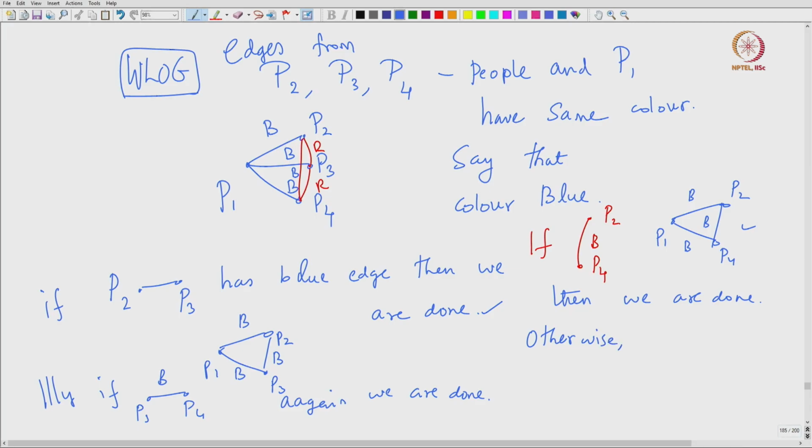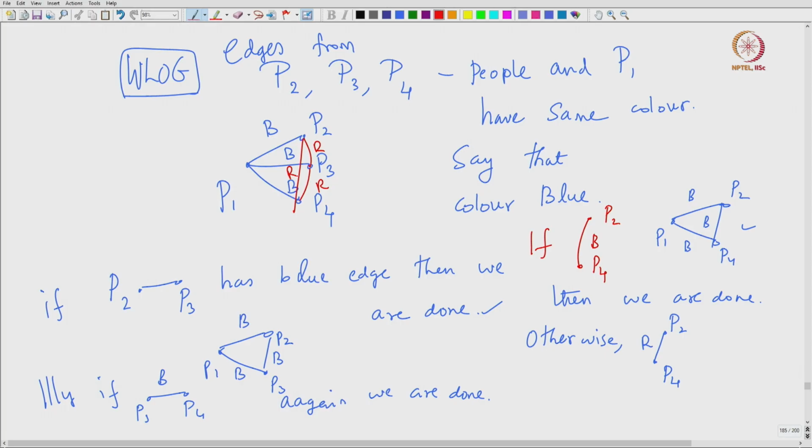Otherwise, it is going to have indeed red between P2 and P4. Okay. So, we are not going to have blue here. So, we will be having red here. So, if we have this red,